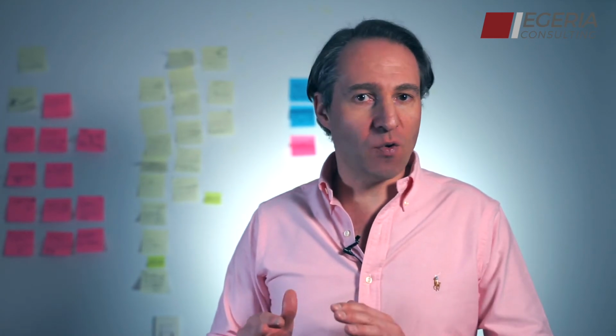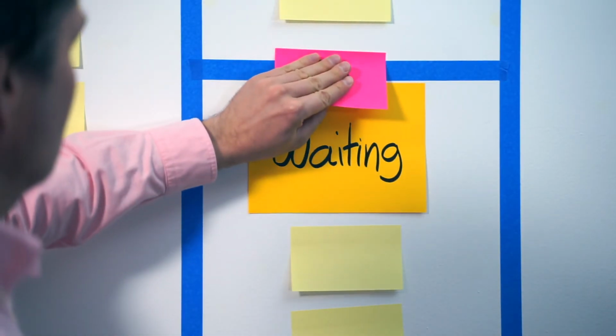Below that, we have a field that says waiting. Why do we need that field? Well, sometimes you have to wait for the input of others. You might have started a new task by writing an email to somebody requesting information. Now you have to wait until that person answers. All these stickies that are waiting, in Kanban we call them external dependencies, also have a WIP limit as well.